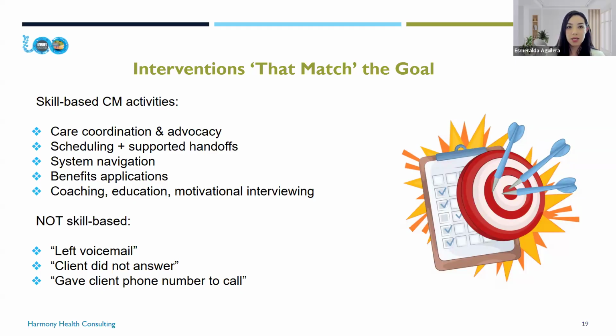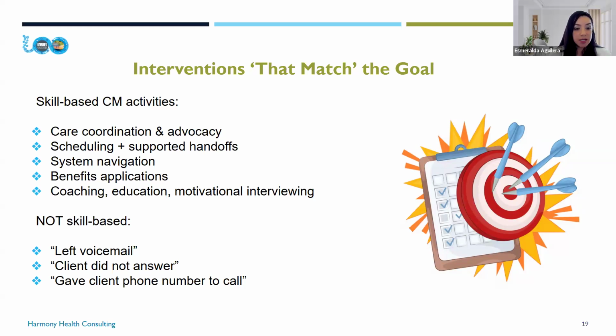These don't really show the case management skills that you have and how you're supporting, especially when you're talking about closing the loop. If a note is filled with only these types of entries, honestly, it will not meet the ECM standards of documentation and does not show the progress either. Your notes should really always be tied back to your care plan and what goals you're trying to accomplish and what barriers and challenges you're trying to support your clients with.